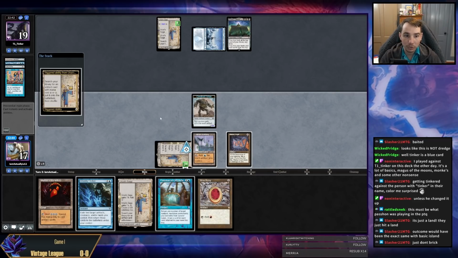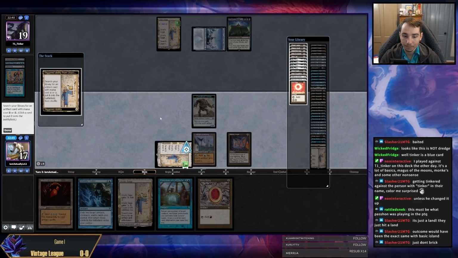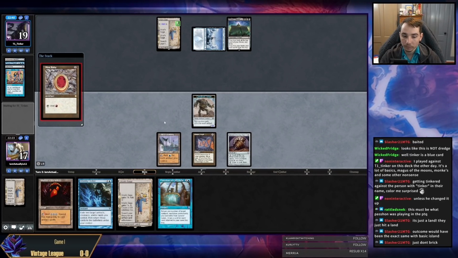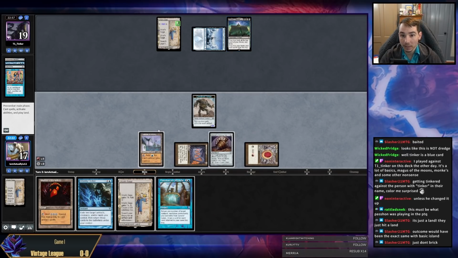All right, so what I'm gonna do, I think, is get a Sensei's Top. I think that makes the most sense. Well, does that make the most sense? Yeah, I think so. I think we just force them to have a counterspell. It could be that they have Force on top, but that's an additional 5 life, so...